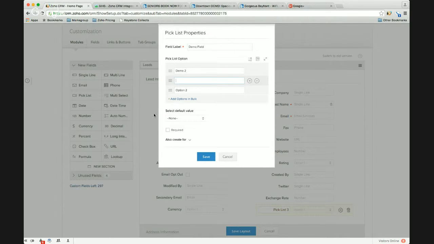Remember, in the old interface there was only a checkbox that said pick the first one as the default. Here, now you can pick any option as the default value. It doesn't have to be the one on top. You can set this as a required field, and because we're in the lead module, I have this extra little